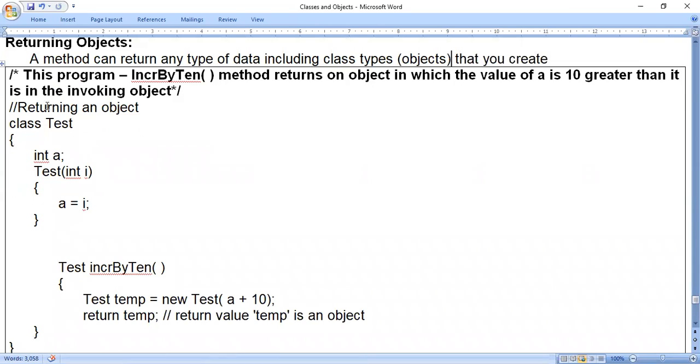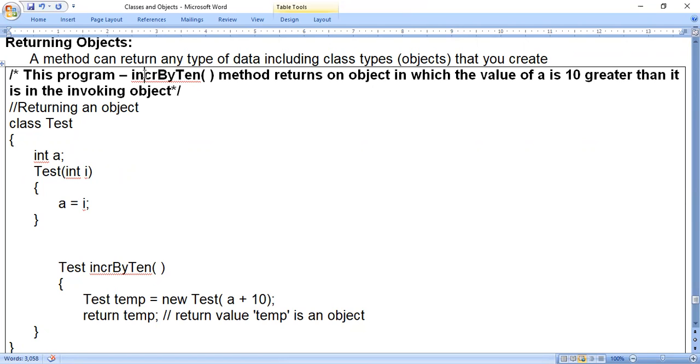This program is incrByTen. I think in one of the classes I spoke about how to write method names. In this method name, I used three words, for example incr, by, and ten. Whenever you come across method names like this, generally what we do is write the first word all in lowercase.